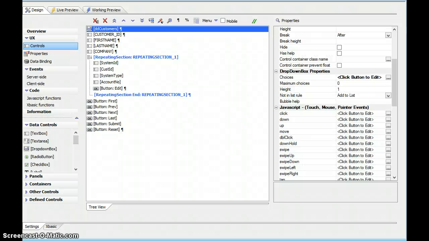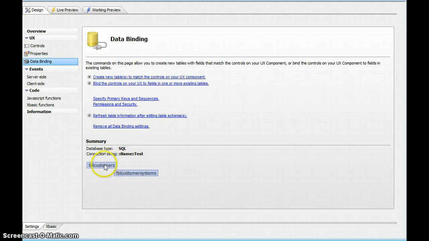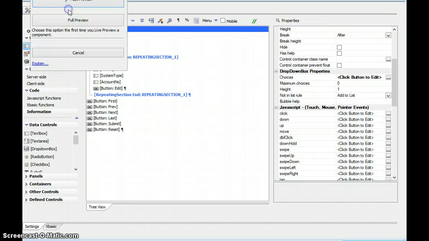In this video, we're going to have a look at getting records for a UX component that has data-bound tables. And we've got our UX. In this particular case, we've got a repeating section, but it doesn't really make any difference to the process. Here's our data binding. So we've got customers and customer systems in a one-to-many relationship. And when we have a look at this,